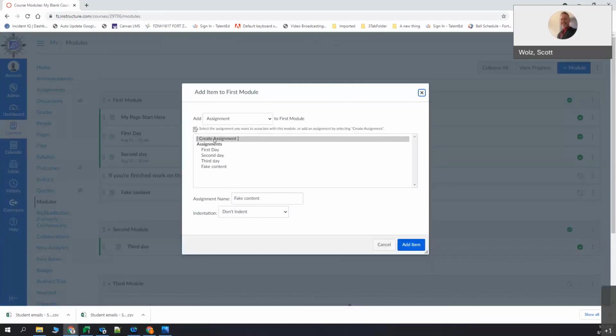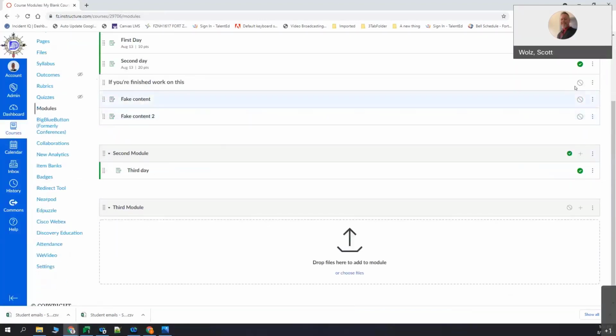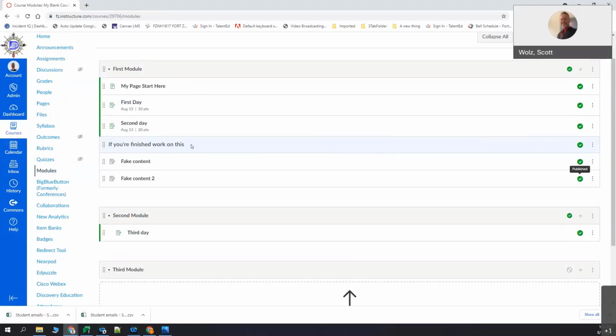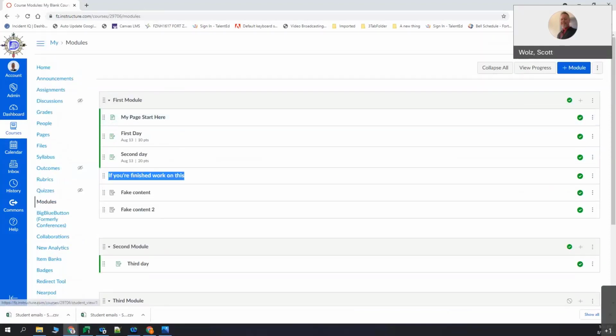And I'll put in another one. Okay. And I'll go ahead and make sure that these are published. So the text header is nothing more than a way to separate content inside of the module. So just to show you what that would look like,